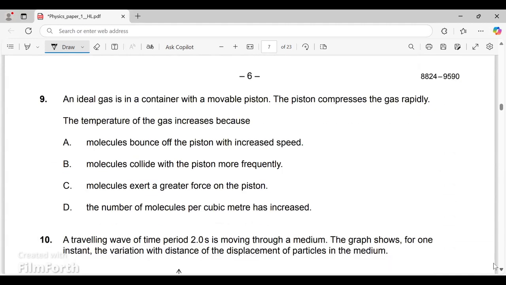Number 9. An ideal gas is in a container with a movable piston. The piston compresses the gas rapidly. The temperature of the gas increases because, when it's conditioned like this, I will sketch like this. There are gas molecules inside. So the temperature of the gas increases